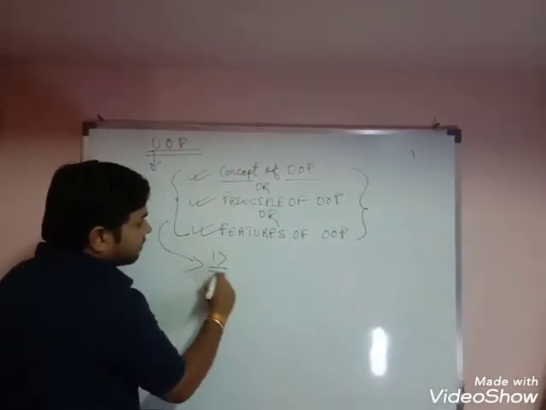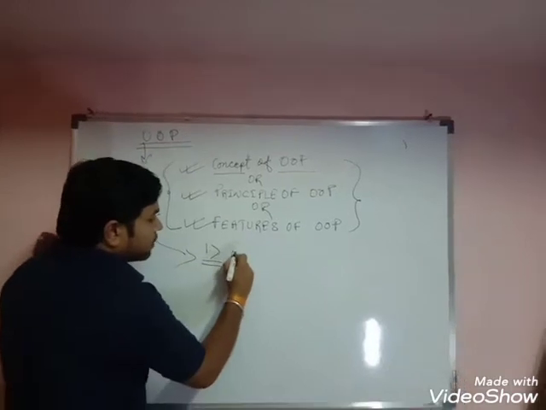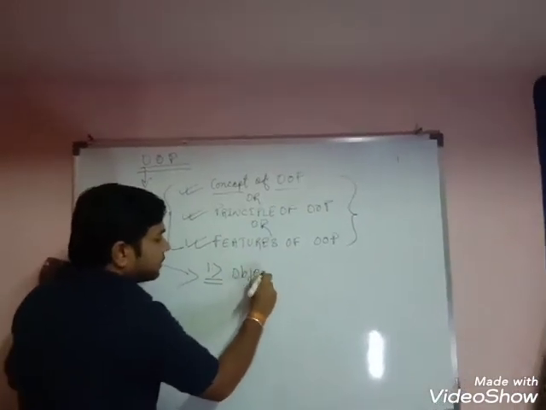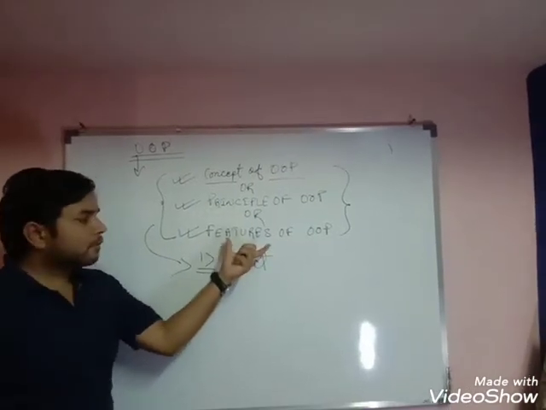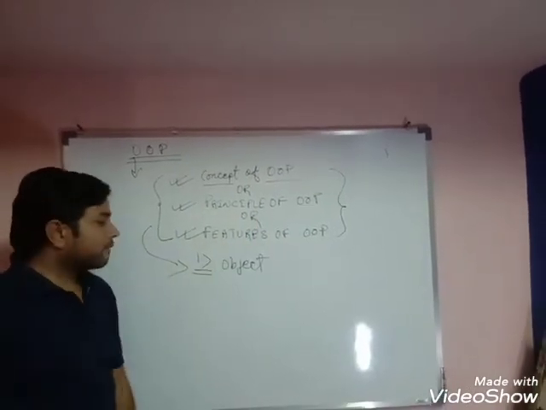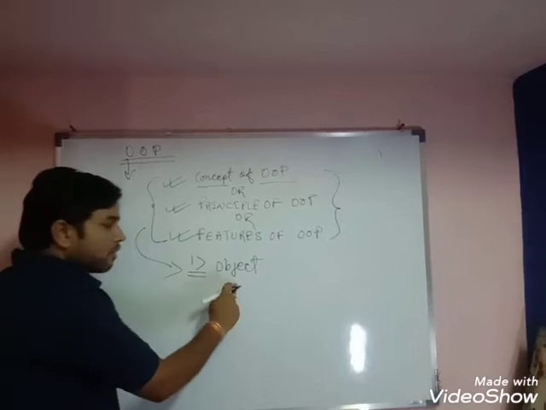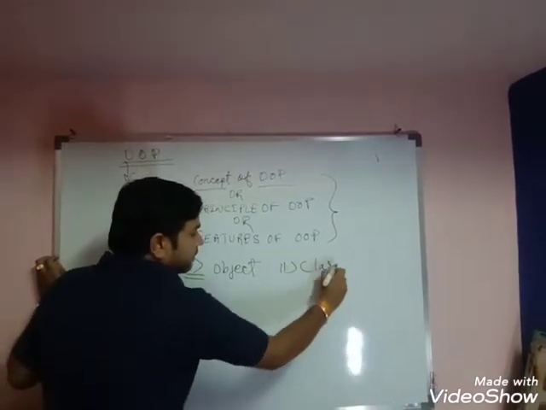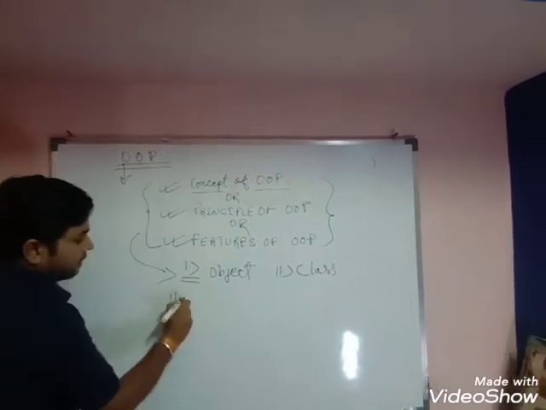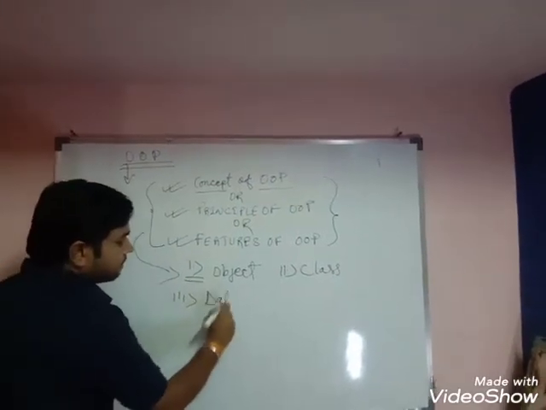So first is object. Object is the first concept, principle or feature of object oriented programming. First is object, second is class,